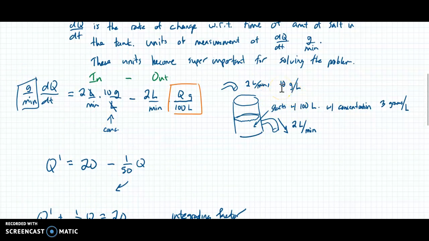because that's always good to do. If I can think practically, then I can verify my results to see if they make sense. So, I start with 3 grams per liter, right? And then I keep that 100 liters the whole time, and I have an inflow of 10 grams per liter. So as time goes on and more water flows through here, the concentration is going to approach the concentration of what's coming into it. This is going to take over, right? So as long as that 10 stays consistent,